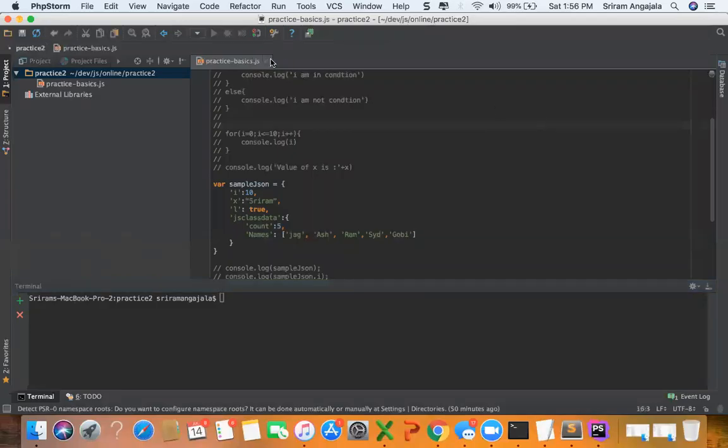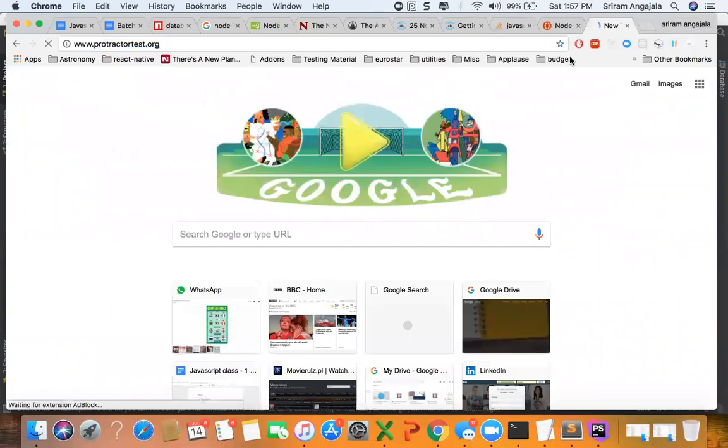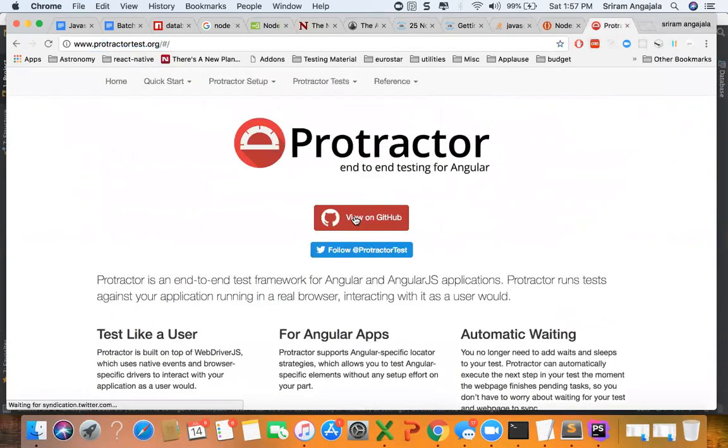Okay, so yeah, we need to have a small application. For that, let us take Protractor. So what I will do is, I will open this Protractor. See, I don't want to really teach Protractor today, but